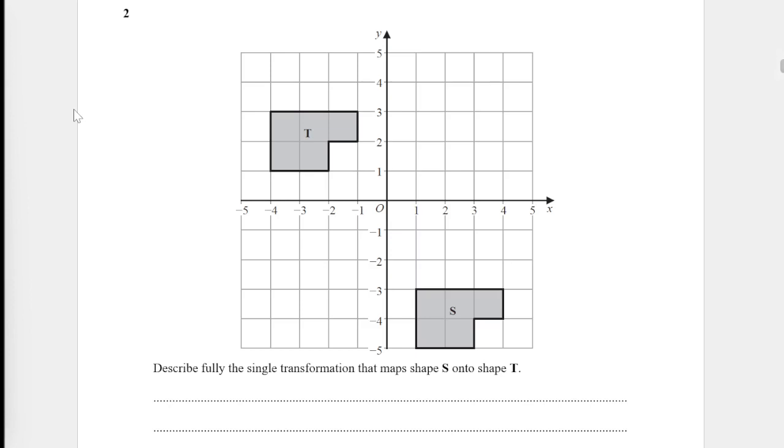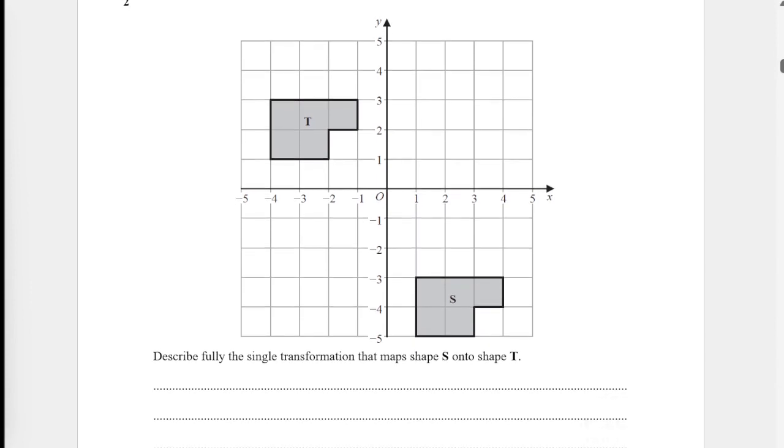Okay, question 2. Describe fully the single transformation that maps S onto T. So we're going from S, we're going